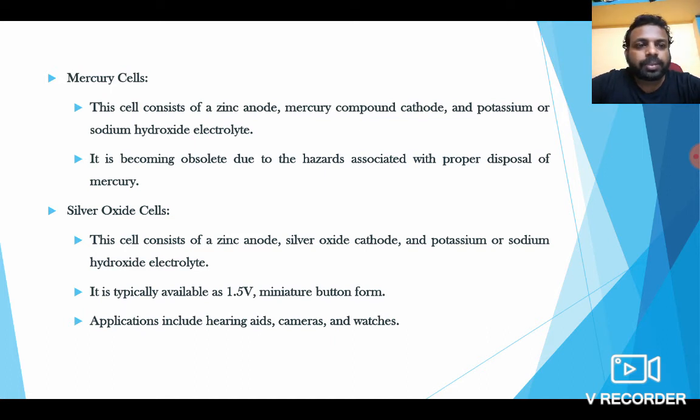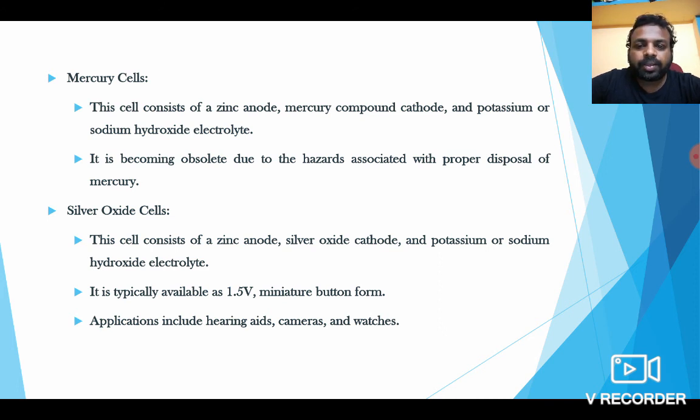And then the silver oxide battery produces a constant voltage output compared to the other primary batteries. So these are the small introduction about the primary battery, and we have discussed some important types of primary batteries. So you just keep in your mind, the primary battery is a one time battery, so we could not use it continuously. And we could not recharge the primary cell because it is a one time usable battery.